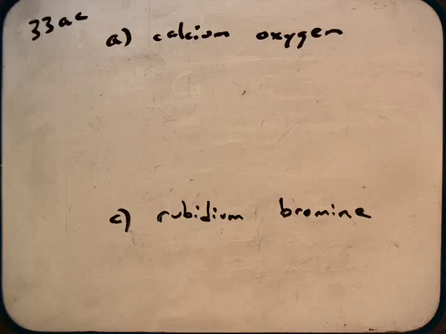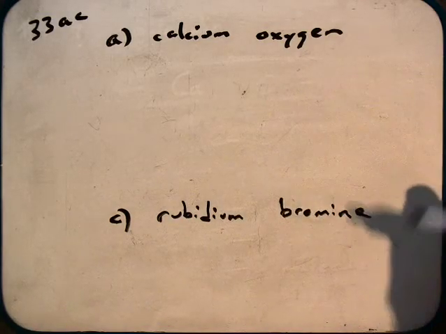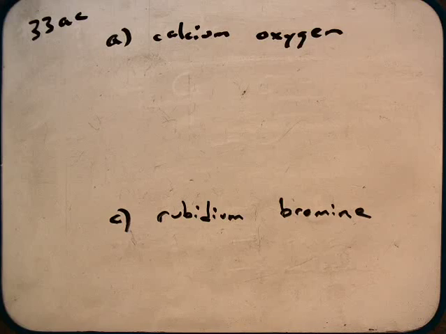This is number 33, and talking about chapter 3. I'm going to do parts A and C for this. This is simply writing a formula for the ionic compound that forms between each pair of elements. And so for part A, we're looking at calcium and oxygen, and for part C, we're looking at rubidium and